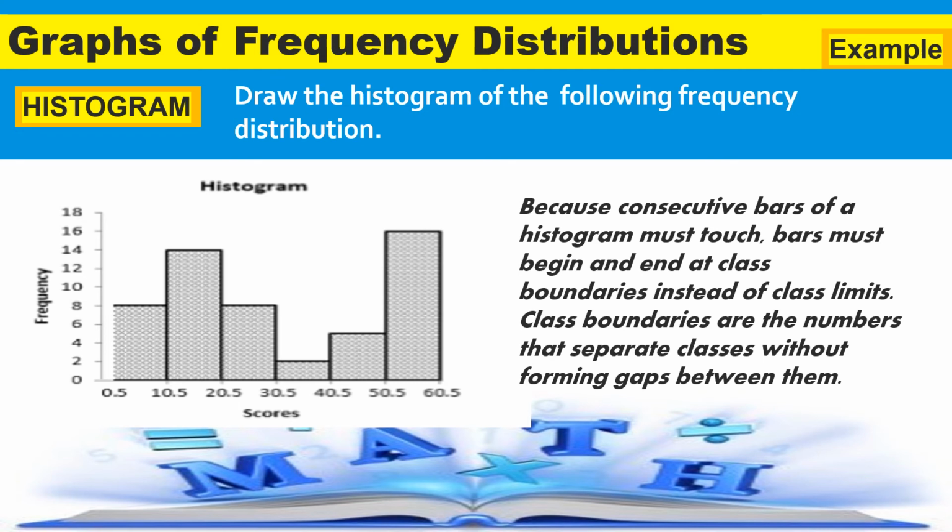Because consecutive bars of a histogram must touch, the bars must begin and end at class boundaries instead of class limits. Class boundaries are the numbers that separate classes without forming gaps between them. That's why the graph for a histogram is like a bar graph, but with no gaps in between. Next one, we have